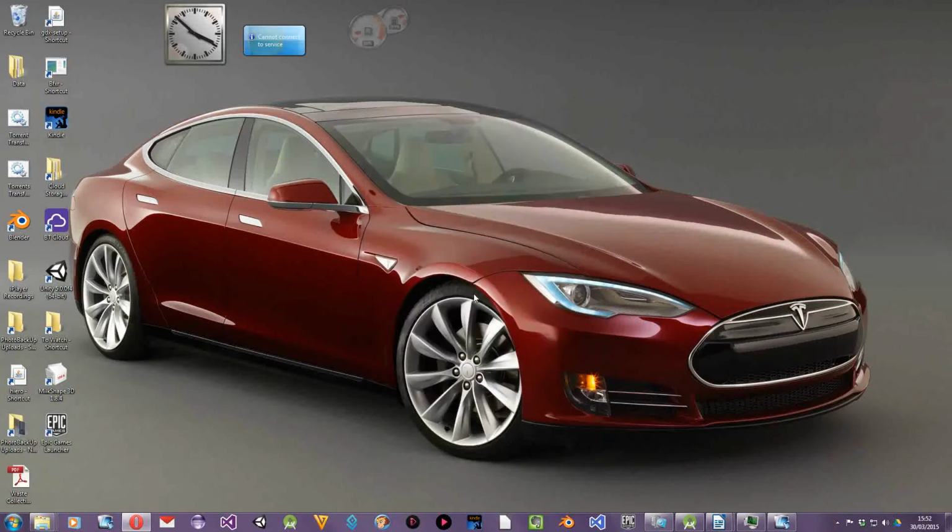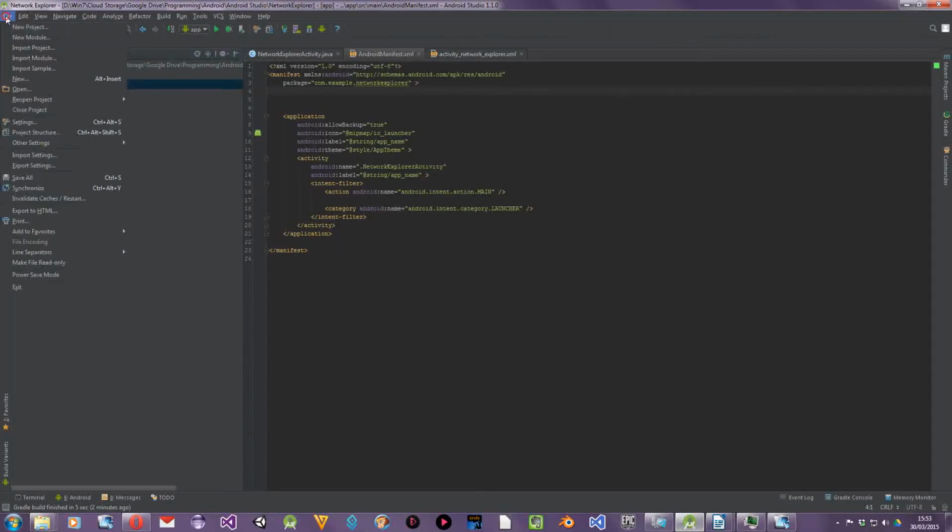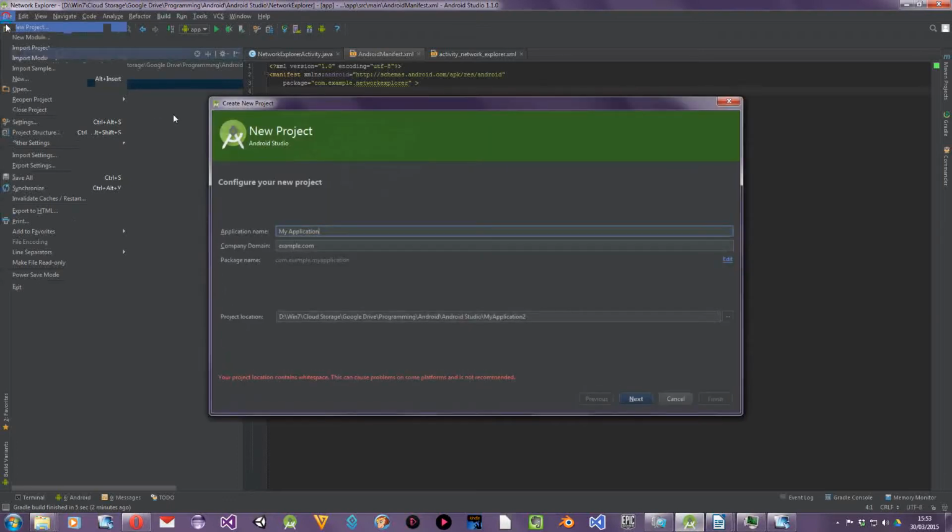Welcome to part one of a tutorial on how to write a Network Explorer program in Android on Android Studio. Now first let's start with the project. Obviously you want to start a new project. I've already set it up, so